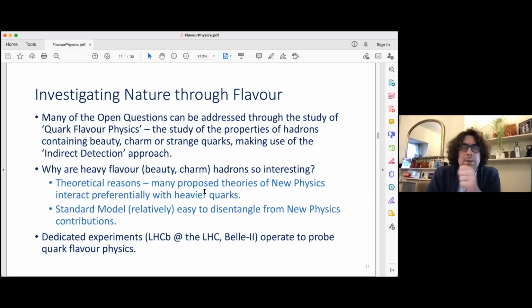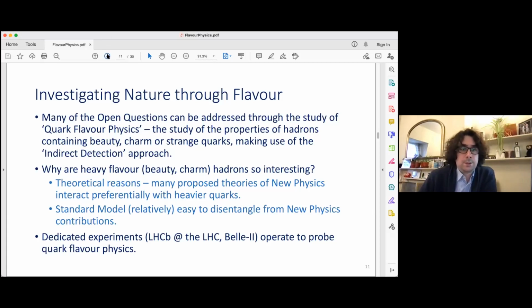Now, why am I interested in these heavy flavour particles, for example, beauty and charm hadrons, rather than other parts of the standard model? There are a couple of reasons here. The first is theoretical: many proposed theories of new physics that go beyond the standard model have interactions that take place preferentially involving the heavier particles rather than the lighter particles. And secondly, within these specific areas, the standard model contribution is relatively easy to disentangle from new physics contributions. So the presence of any new physics would be more obvious, would be easier to see. And indeed, there are dedicated experiments. There's the LHCb experiment at the Large Hadron Collider, where I work, looking at this, but also the Belle 2